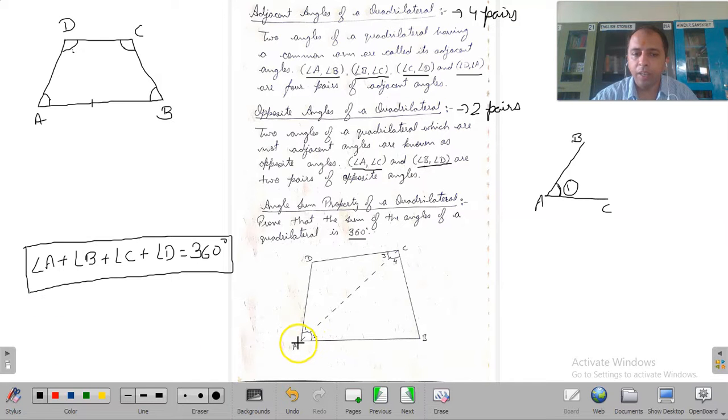We have drawn a quadrilateral ABCD and we have joined AC. That is one of the diagonals we have drawn in the quadrilateral. We have marked angle DAC as angle 1, then angle BAC as angle 2, then angle ACD as angle 3 and angle ACB as angle 4. So this marking we have done for these four angles. Now how can we prove this?